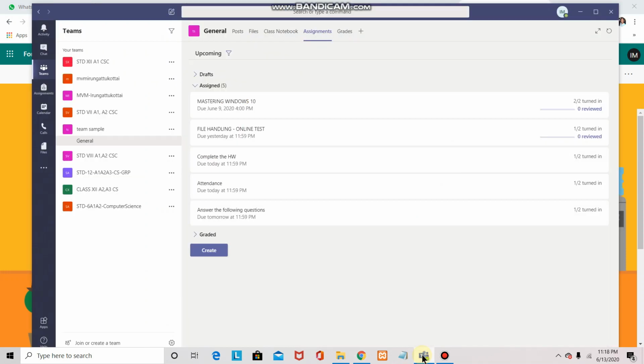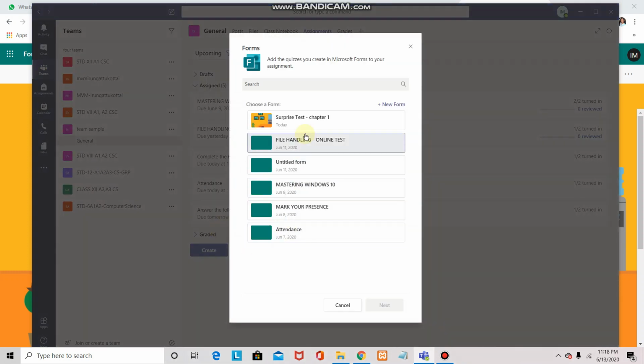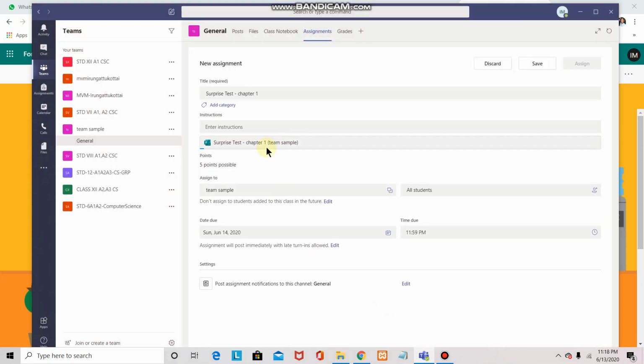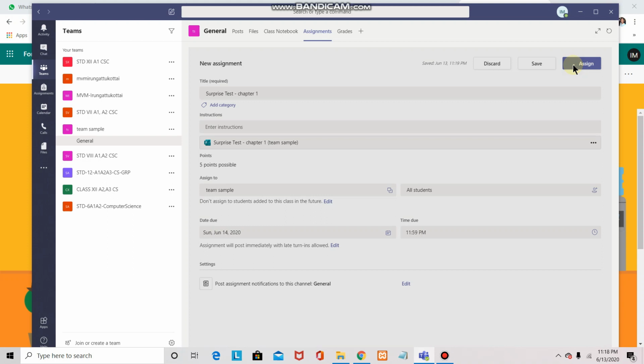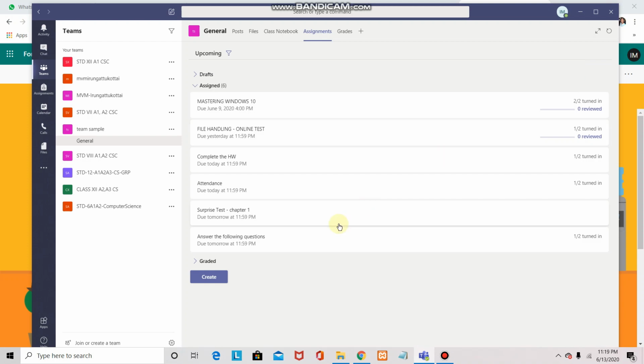But I'll show you how to share it through the Teams window itself by clicking the create button. After going to the team, click the create button, go to quiz. Now you can see the new quiz which you have developed. And the next button, here we can see the new assignment, the same way as we have seen in the assignment portion. This is the quiz which we have uploaded, and after it has been uploaded, we have to either save or assign. Now I want to assign it directly, so I am clicking the assign button.